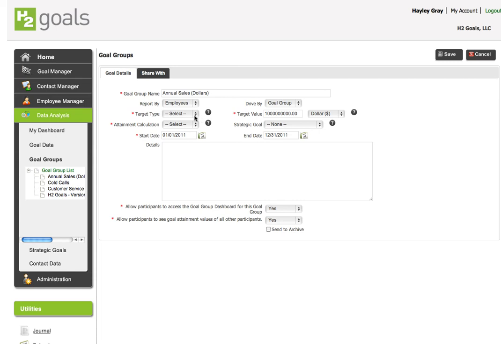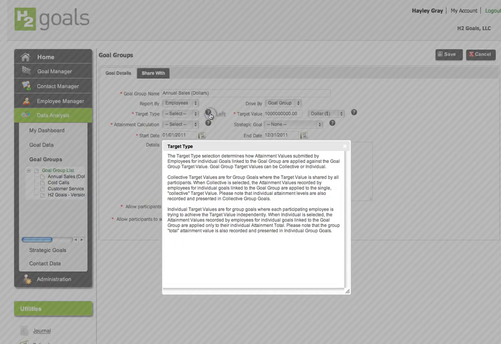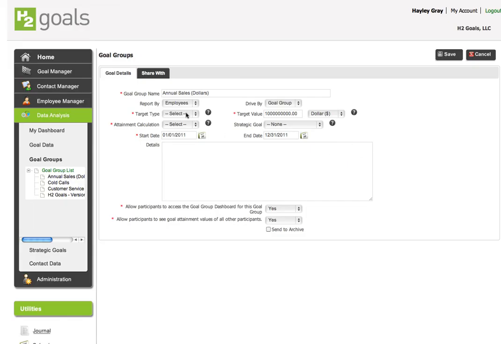Now, target type is the next option here, and there's a definition. We see the definition pop-ups. You will get definitions, but I'll just try and explain it to you here in logical terms. Target type in this case is collective or individual. We default to collective